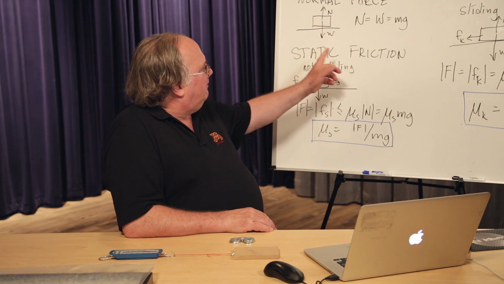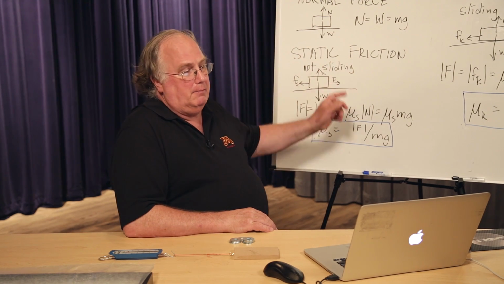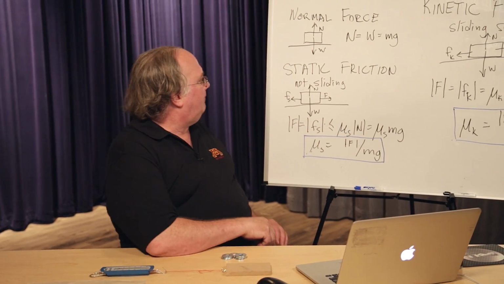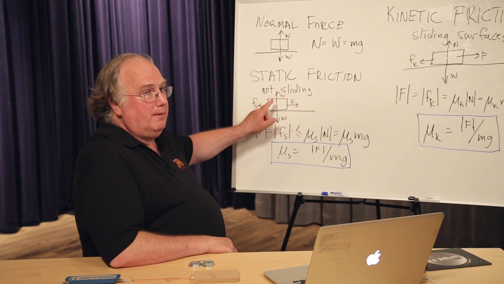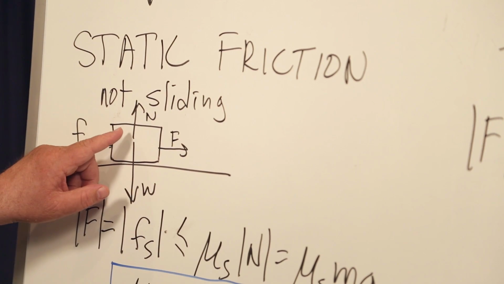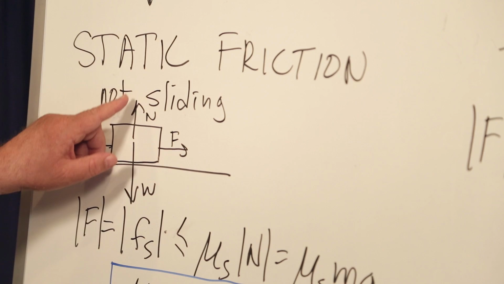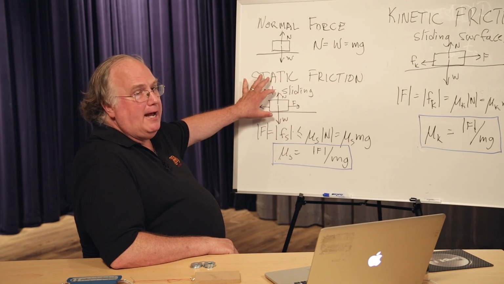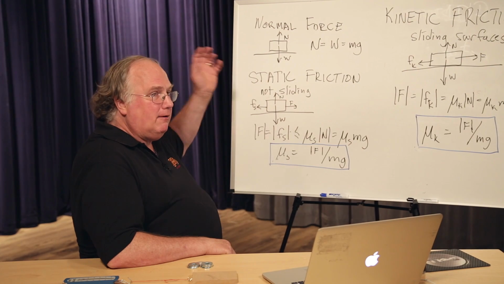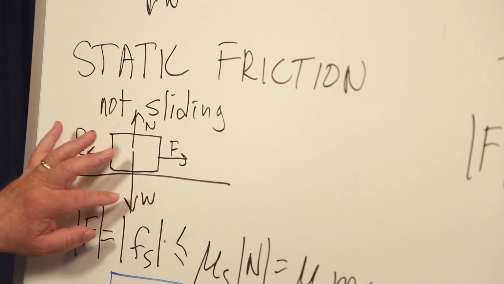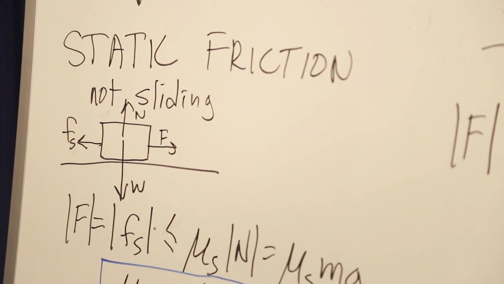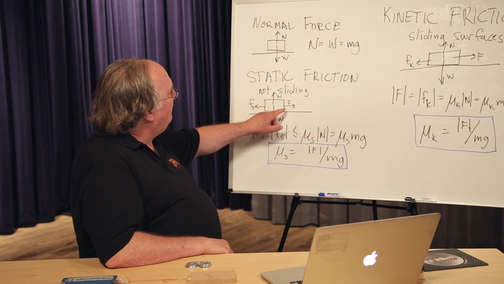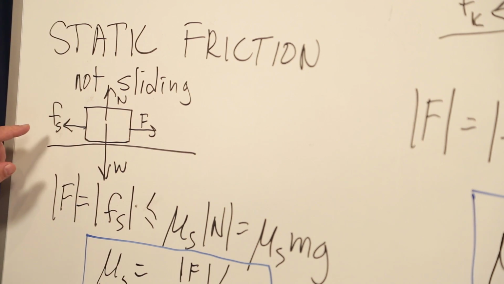The first thing we're going to do is measure static friction between the sled and the tabletop. And static friction, again, is where things are not sliding. The diagram looks kind of like this. We have weight downwards, normal force upwards. Those two cancel as long as the thing isn't moving up or down. It's not. So N is the same size as W, opposite direction. And if it's not sliding, that means it's just sitting there. And that means the force I put on it is balanced by a static friction force.